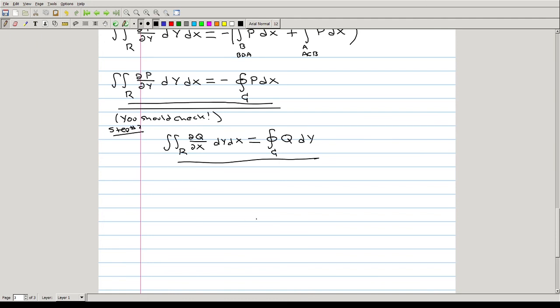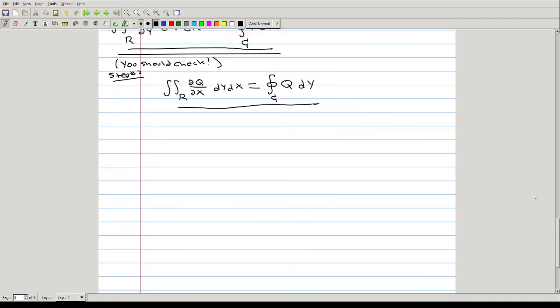When we add the results together, we get exactly what we want, which is that the closed line integral of p dx plus q dy